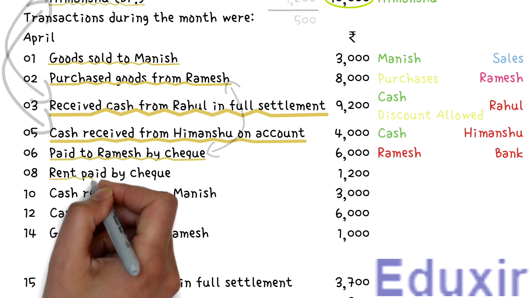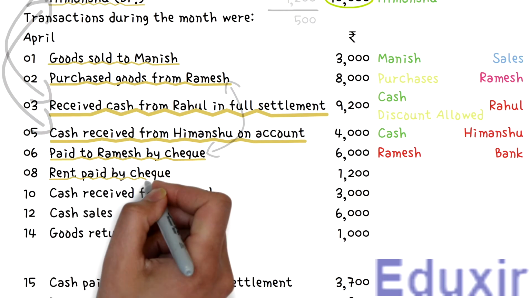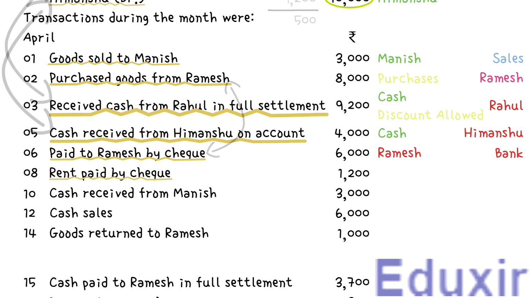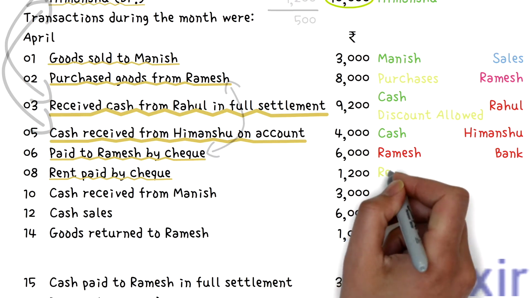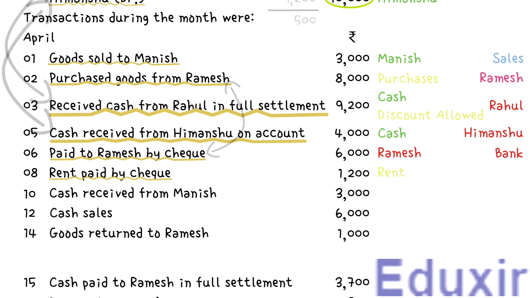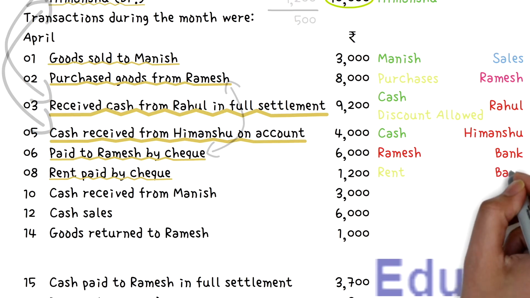In this transaction, the business is paying 1,200 rupees to pay the rent by issuing a check. Now, rent is an expense. In other words, the business is incurring an expense named rent in this transaction. The rule to record any expense incurred is to debit the corresponding expenses account. In this case, the rent account should be debited. At the same time, as the rent is paid by issuing a check, and as this check will be realized in the bank, the asset of the business will be decreasing in this transaction. The rule to record any decrease in the assets is to credit the corresponding assets account. In this case, the bank account should be credited.